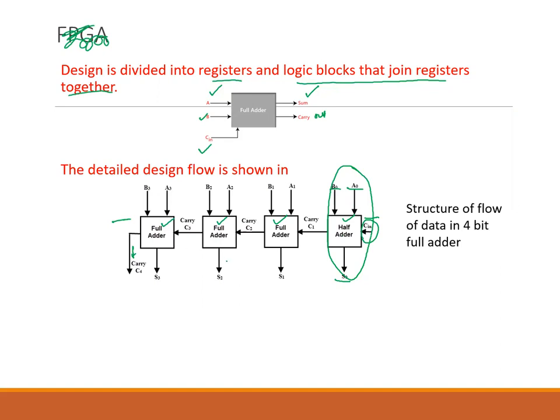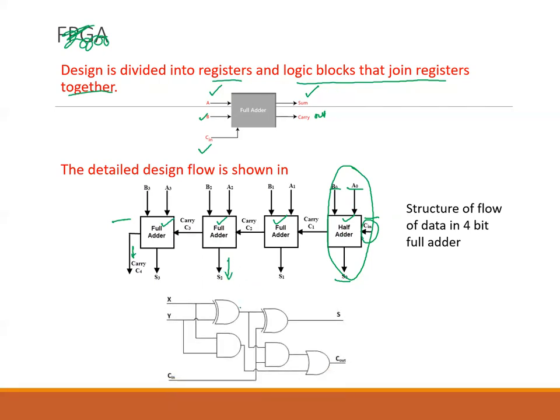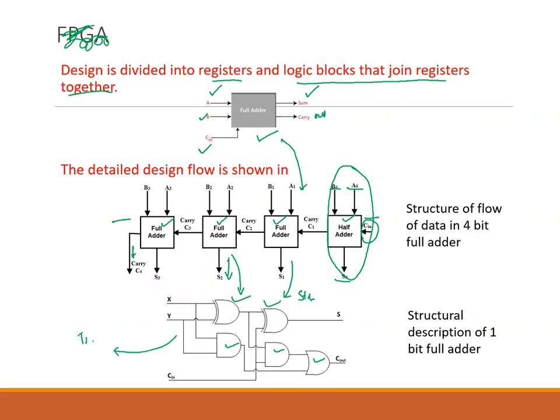Now, after that, this needs to be implemented using gates. So here you can see this individual full adder consists of 2 XOR gates, an AND gate, and an OR gate. So this is being defined at structural level. And now this is the structural description of a 1-bit full adder using logic gates. So at the top, this looks like this. When you break it, it will be like this. And when you further break down an individual block, it will be like this. And if you're interested, then this will be broken down in terms of transistors.